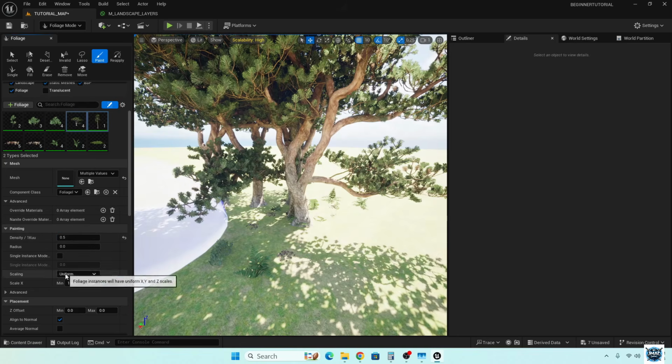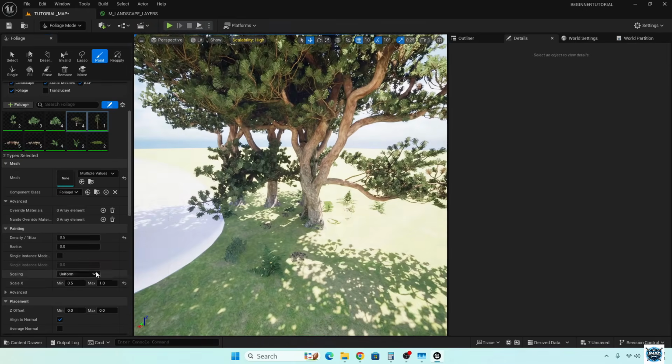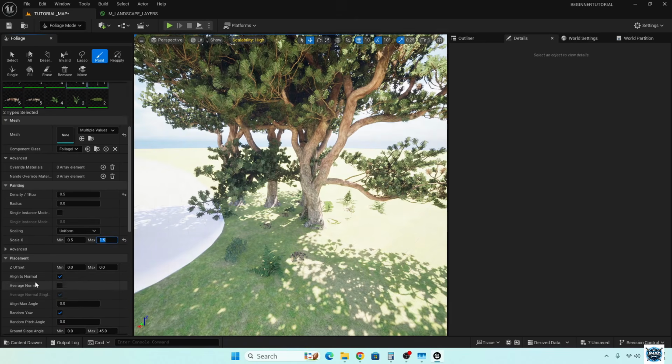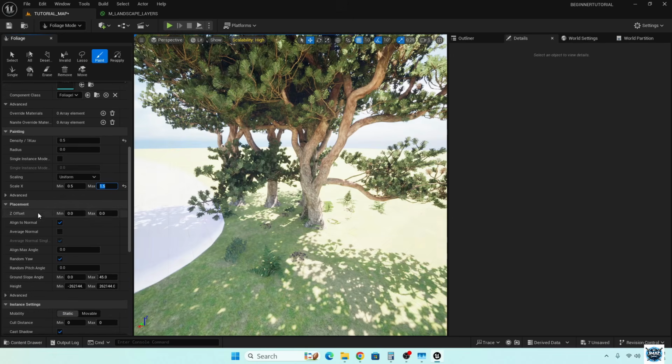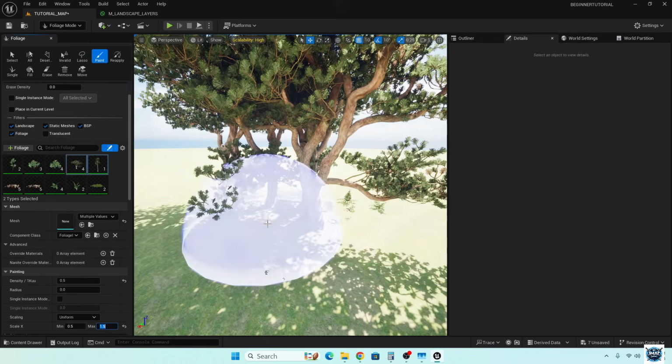And another thing here where it says scale X, this determines how big or how small it's going to be. So as far as the trees go, let's go from a minimum of say 0.5 to a max of, those are pretty tall, we can go a little bit higher, to a max of like 1.5. All right, and then we want to align to normal on the placement, and yeah, I believe that's about it. All right, so